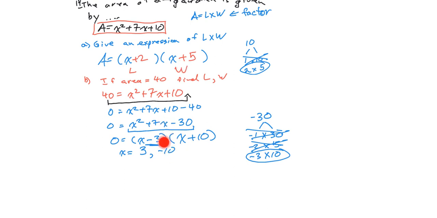Now, hold up. What would happen if we put in a negative 10 here? If I plug it in here, you'd end up with a length being negative 8. Whoa, negative 10 plus 2 gives us negative 8. That doesn't work. And I check over here as well. That doesn't work either. So guess what? Our final answer is not both, we just have to say that x is not negative 10, but we will say, therefore, the length is equal to 3 plus 2, which is 5,